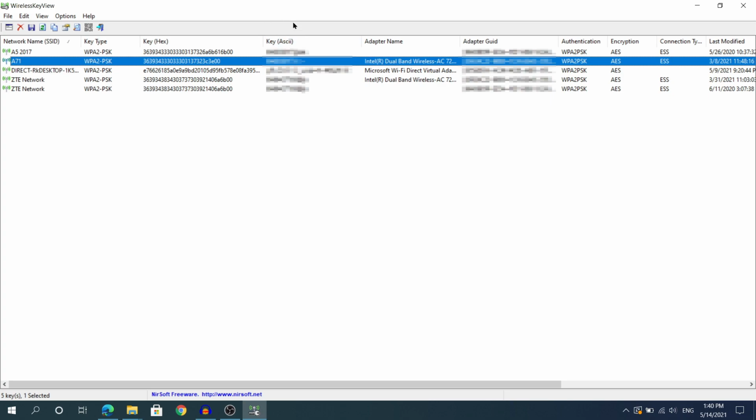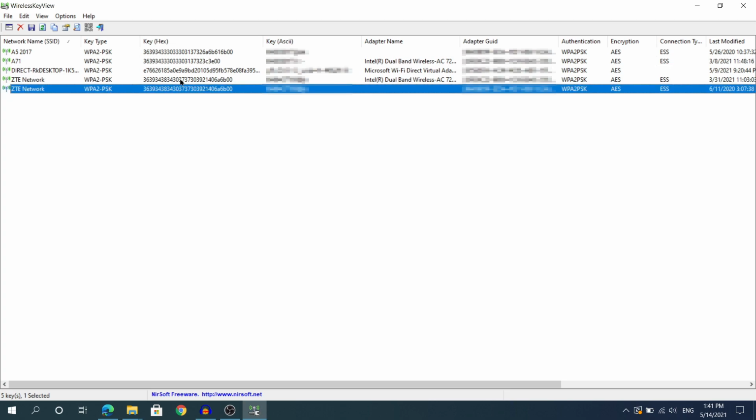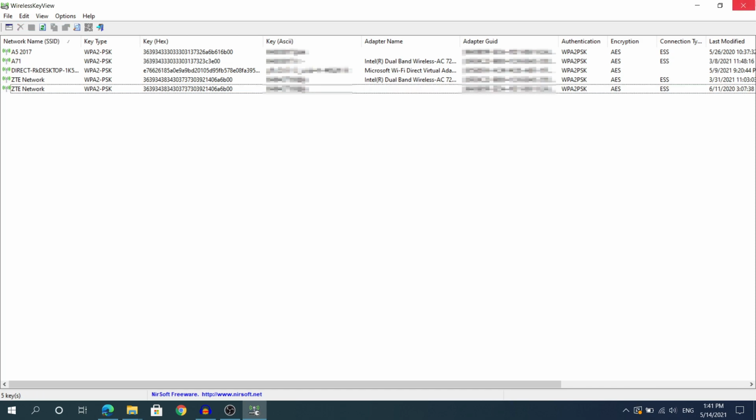And as you can see right here in the key section, this is the key for your Wi-Fi password. I can confirm that this is true. My password is this one right here, the bottom one, and it's the correct one. It's not a faulty one or a fake one. So as you can see right here, you need to look in the key section, and there you will find your Wi-Fi password. But make sure you're looking at the correct one and you're looking at the router's name. And that's everything.